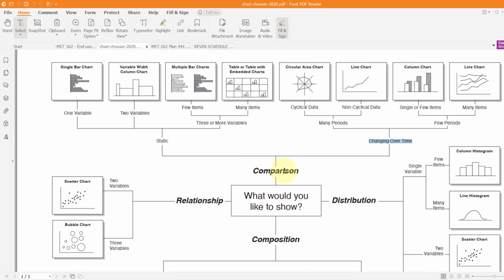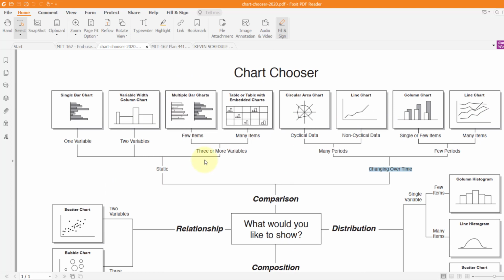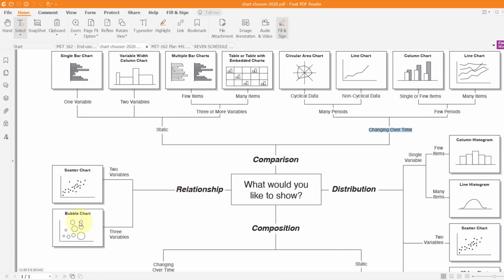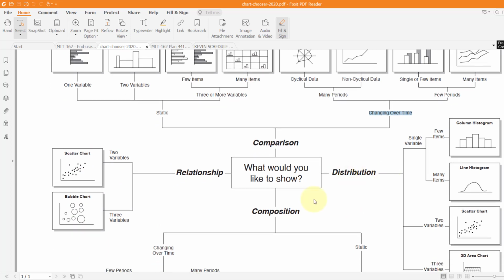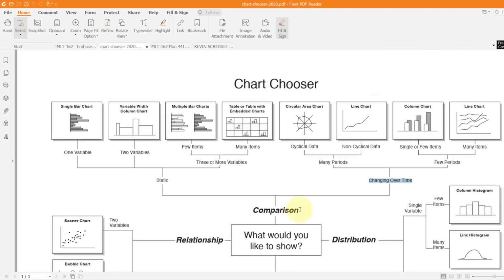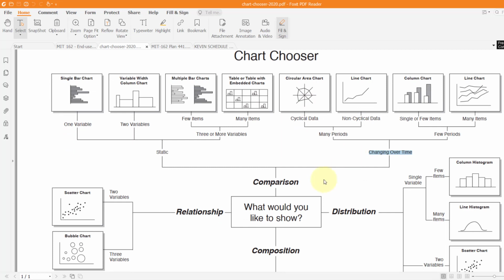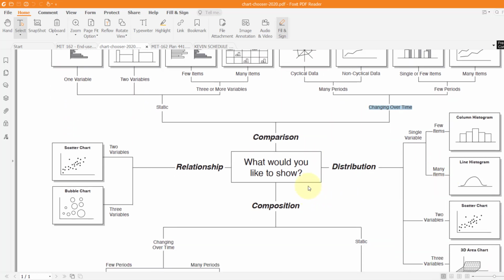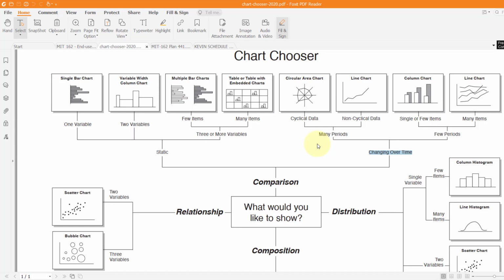This is the chart chooser, and here we have different options you can see. If you are trying to compare data, you can go for these type of charts. If you have relationships between data, you can go for these charts. If it's about distribution or composition, you have different charts. But one thing to remember here, choosing a chart completely depends on the data and the type of outcomes required. So any specific chart cannot be forced for any data or outcome. One can choose any type of chart for any type of information he wants to display.